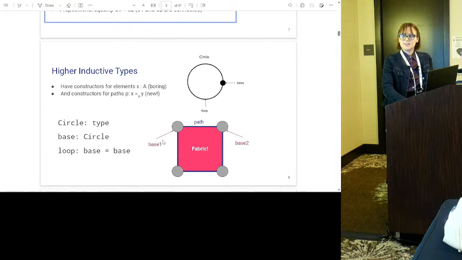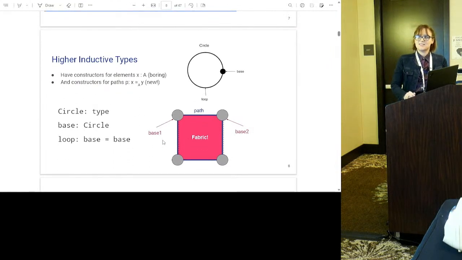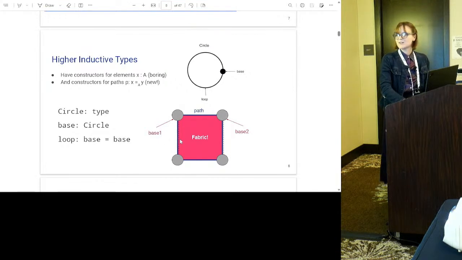Another useful thing in homotopy type theory is the concept of a higher inductive type. This would be another slide with a pretty animation. Unfortunately, we don't have them. But the classical example of a higher inductive type is the circle, where we have a base and a loop that connects the base to itself. And that's how you draw a circle using a higher inductive type. You can imagine how this would be extended to other shapes as well. If you have two bases, you can create an edge. And if you have multiple edges, then you can create fabric, which is awesome. And that's what we're going to be using as the basis for our language.